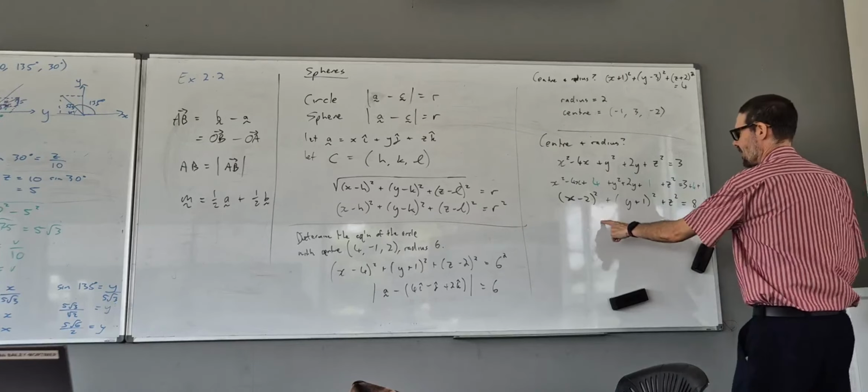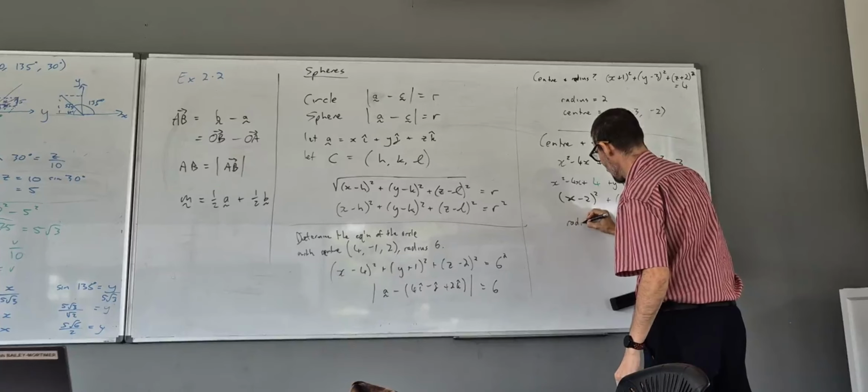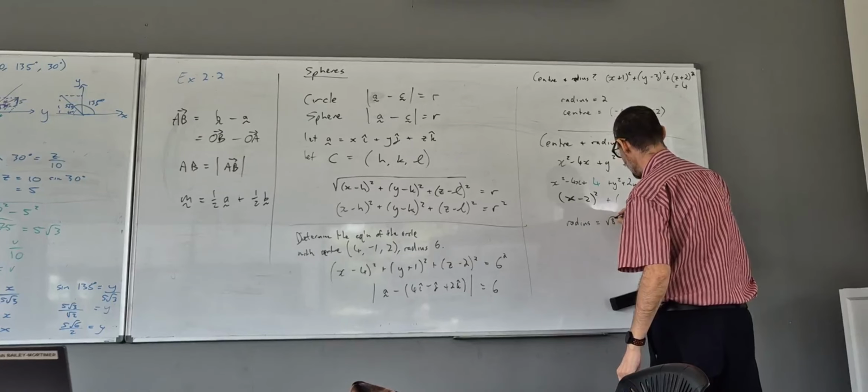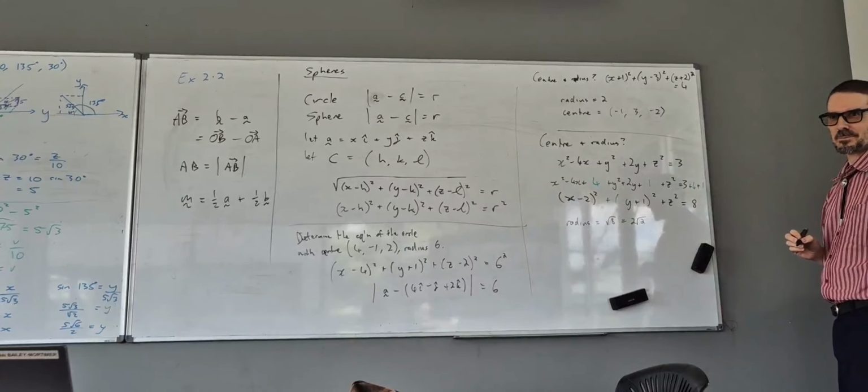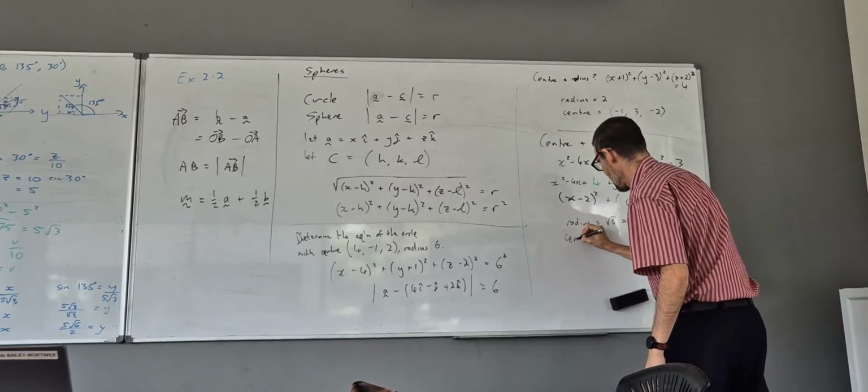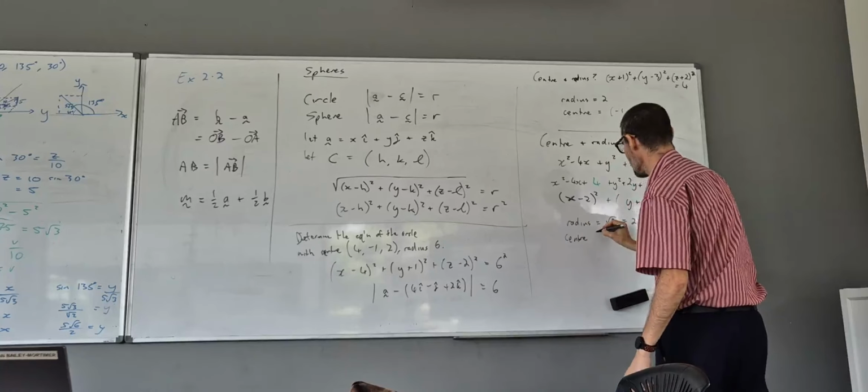Okay, then you go, radius is root 8, simplify the third, centre is